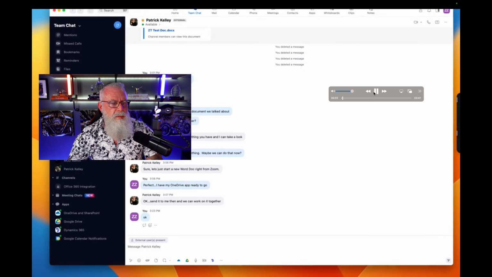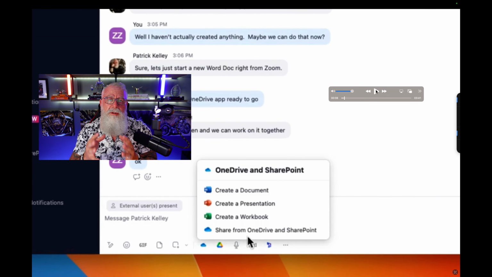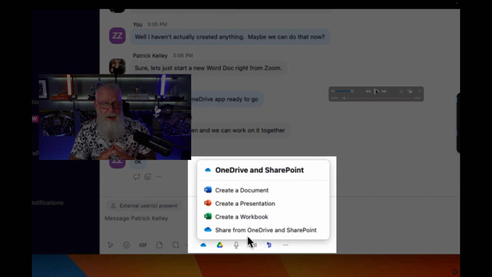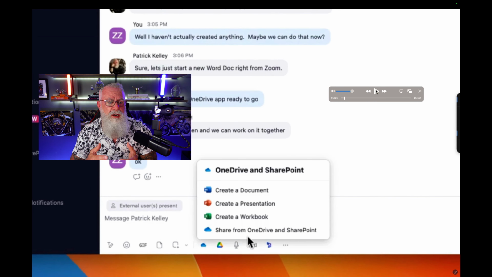Hit play. So here's the users chatting across a platform. And now you can see that inside of Zoom Team Chat, there's now a OneDrive application that can be downloaded from the Zoom marketplace right now. Inside of that application, you can clearly see that there's several choices here. One is to share a file from OneDrive or SharePoint. We've been able to do that for a while, but the other ones are to create Office 365 documents right